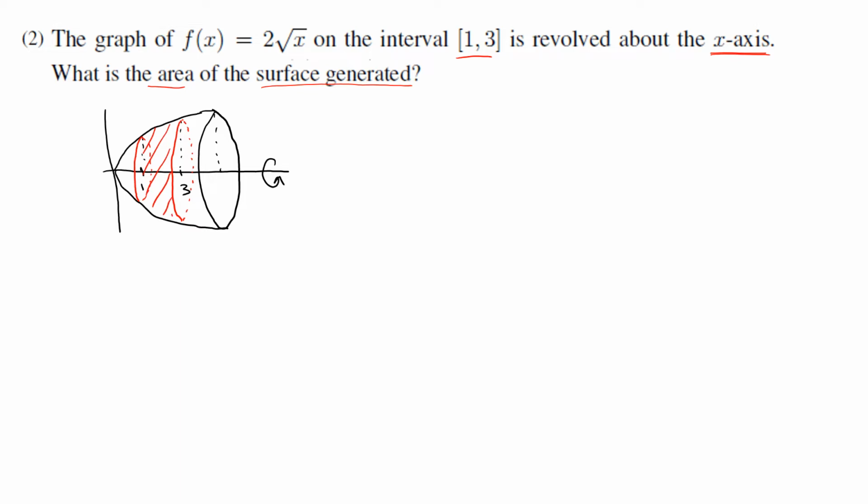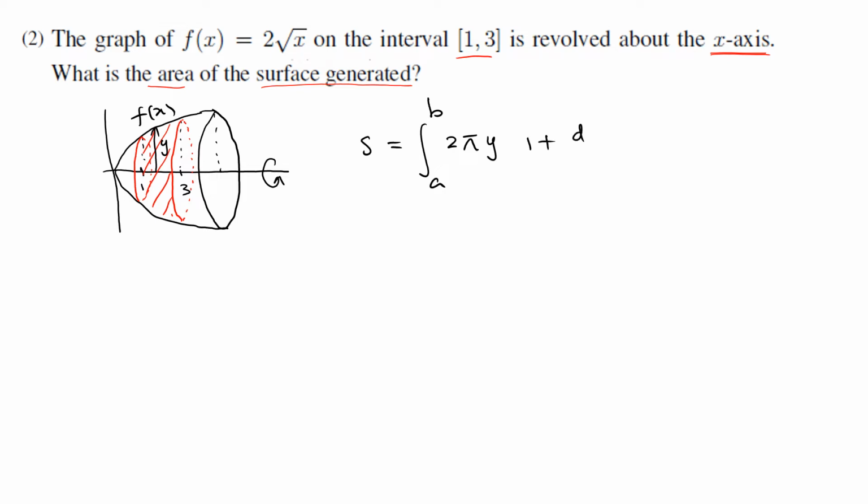And then we know the function, so this is f(x). So we have the formula. So what is the formula? We know the surface area formula, which we just say S for the surface. So what we have is the integral from a to b, and then we have 2 pi. In this case, we have a y, the y coordinate, and then we have the square root of 1 plus